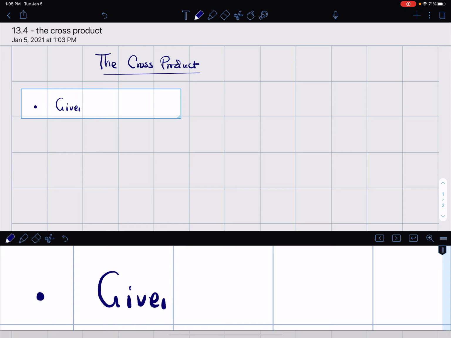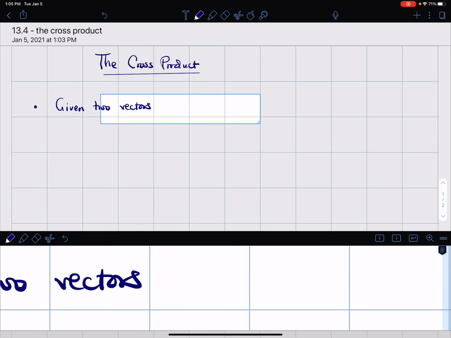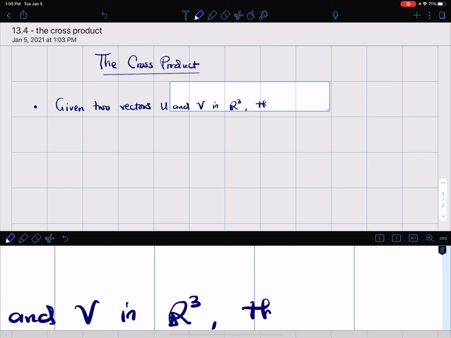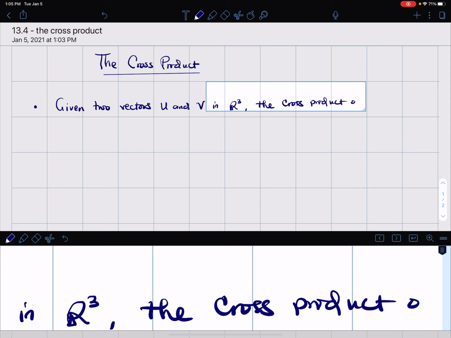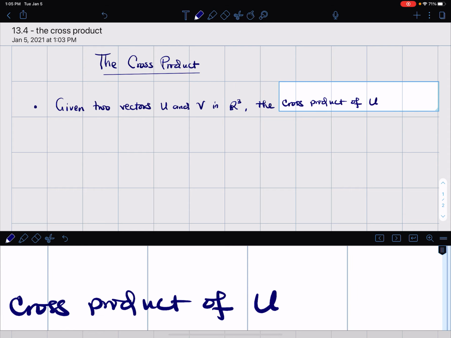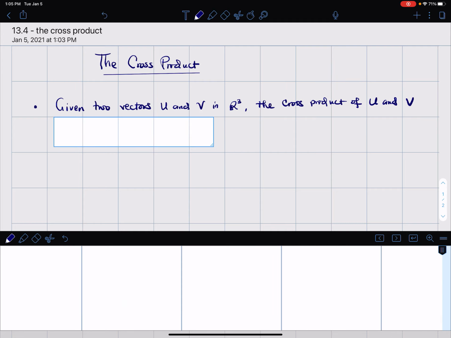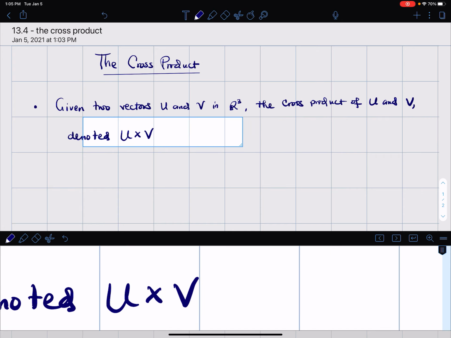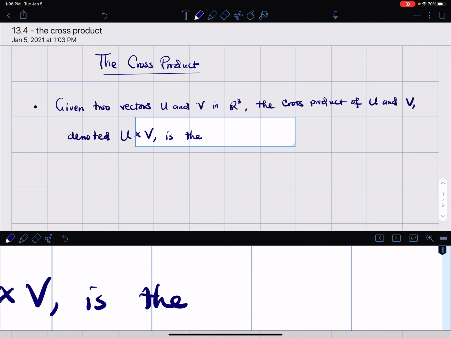If we're given two vectors u and v in R3, the cross product of u and v is denoted u cross v, like this, sort of u times v, is the vector